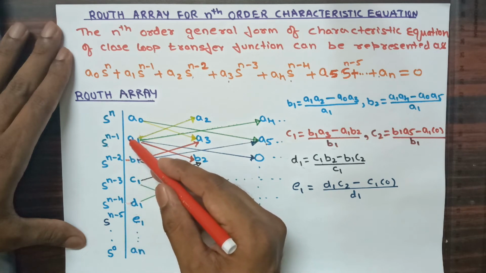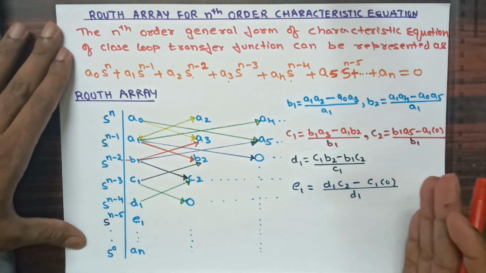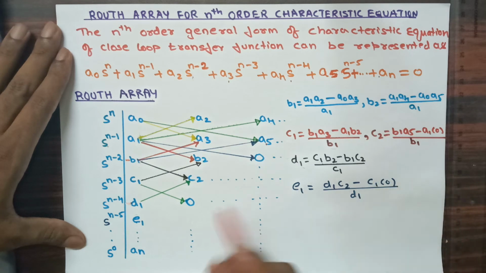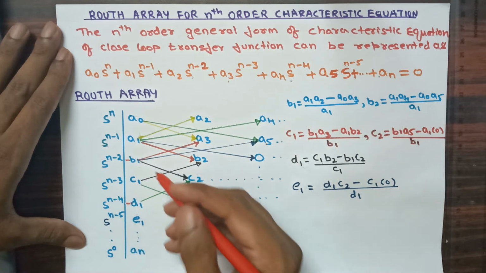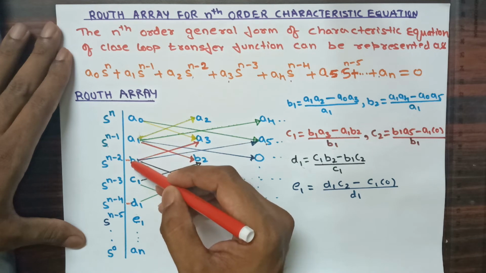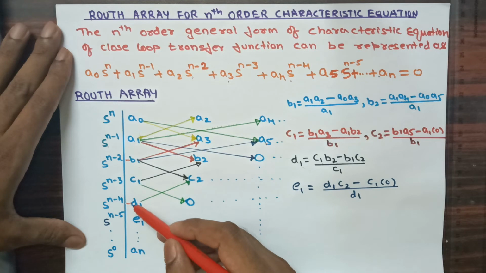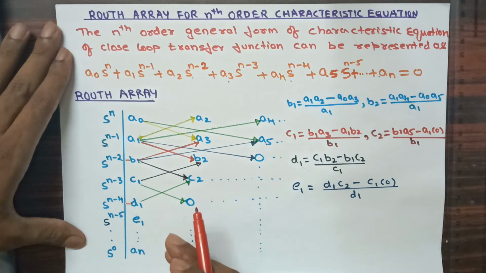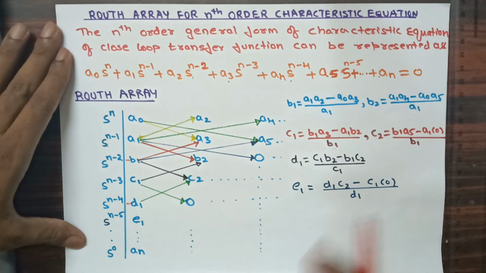You can see here from plus to minus is one sign change, minus to plus is one sign change, a total of two sign changes, which means two poles on the right hand side of the S-plane. In this way, if you consider one more example, if you consider a minus sign here, then you can see plus, no sign change; from plus to minus, one sign change; minus to plus, two sign changes; plus to minus, three sign changes; minus to plus, four sign changes. That means here you can see a total of four sign changes, which means four poles on the right hand side of the S-plane.